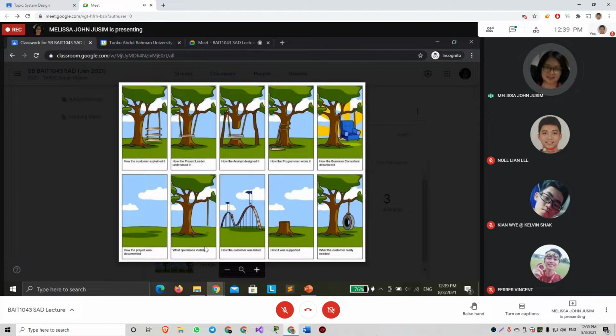During the system operation implementation, this is installed. And the customer, how much they need to pay. And regarding the support and maintenance, this is how they perform support. Just chop off the tree. And at the end of the day, this is actually what the customer really wants. They just want this tire swing.